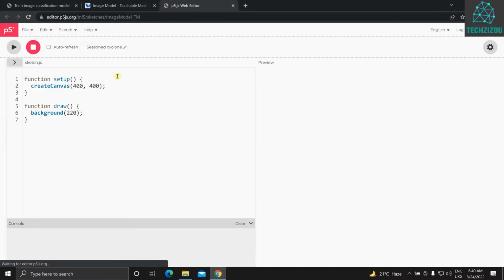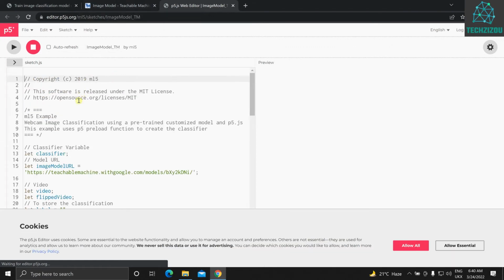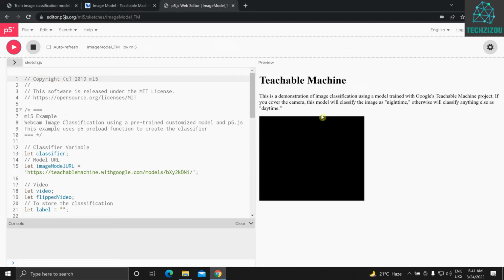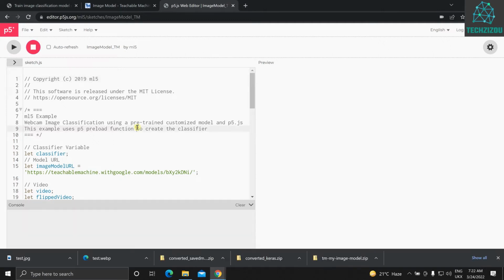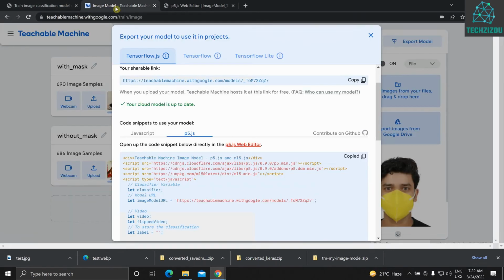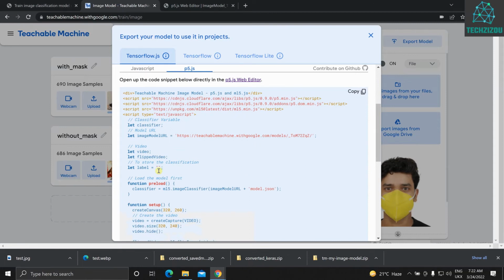When you open this, the default over here is for daytime and nighttime code. You can remove that. Okay, let's play this. This is the default model for nighttime and daytime classification. Okay, so as you can see at the bottom, showing daytime, nighttime. If I close this, it is nighttime. Okay, so next I've stopped that. We will delete this old code, entire old code, and paste this code from previous page that we copied,